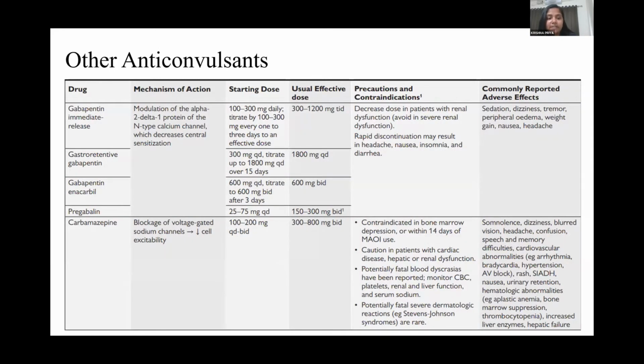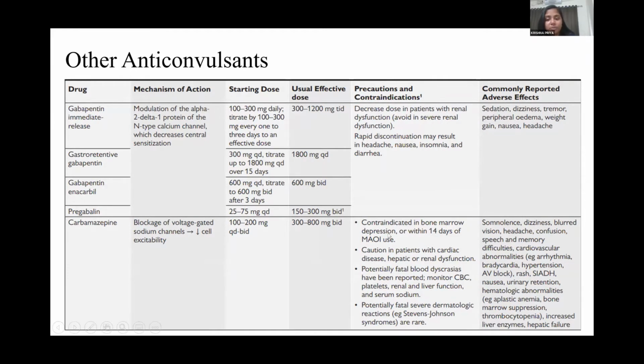So the other anticonvulsants that we have discussed are gabapentin and pregabalin. Carbamazepine is another drug, which helps in the blockade of voltage-gated sodium channels and decreases the excitability. The dose for neuropathic pain is 100 to 200 milligram QID or BD. And the usual effective dose is 300 to 800 milligram BID, but it comes with a lot of precautions and contraindications,